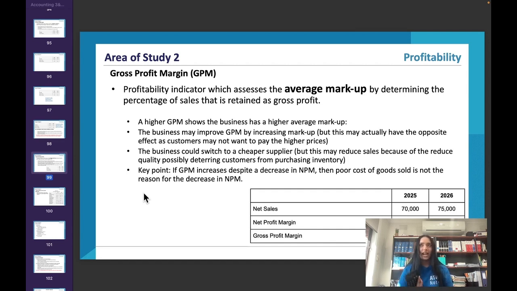If we're a business that sells calculators and we find a supplier that can sell the calculators to us for $2.50, that is kind of a red flag as a business owner, because that might mean that that supplier is using child labor. They're not paying their workers enough. They don't have a safe working environment. So it's your responsibility as a business owner.